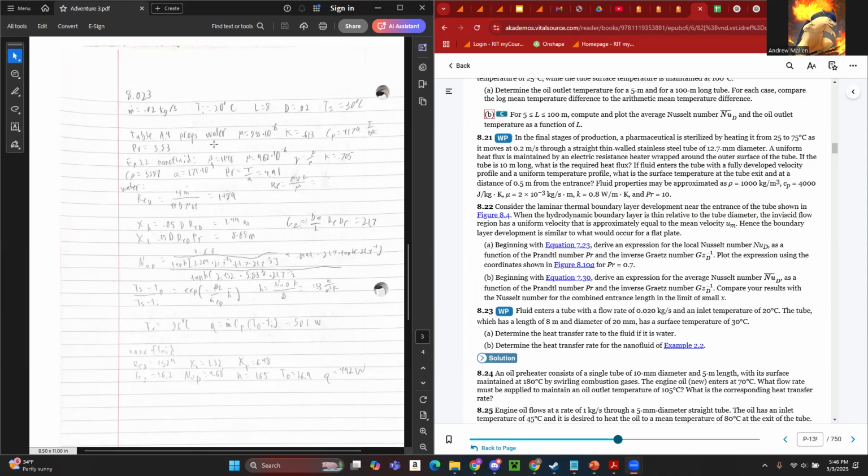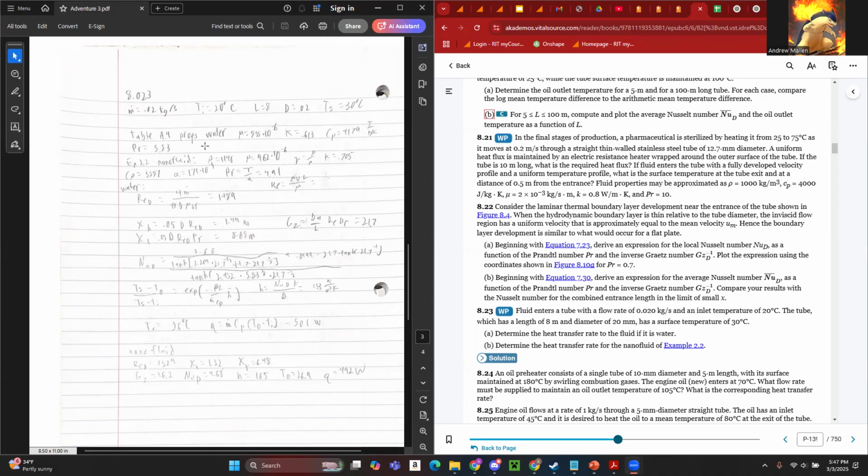So to start with, I wrote down all the given values. The properties of water are actually in table A6, not A4. I miswrote that down. It has properties such as dynamic viscosity of 855 times 10 to the negative 6 Newton seconds per meter squared, conduction coefficient 0.613 watts per meter Kelvin, specific heat of 4179 joules per kilogram Kelvin, and